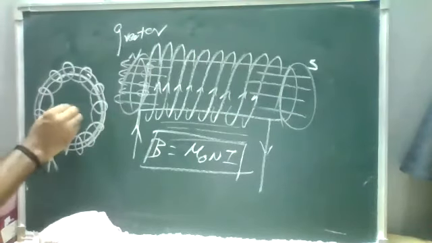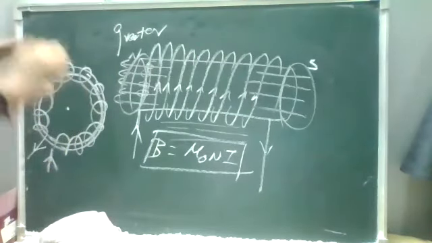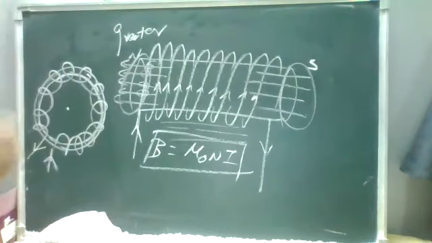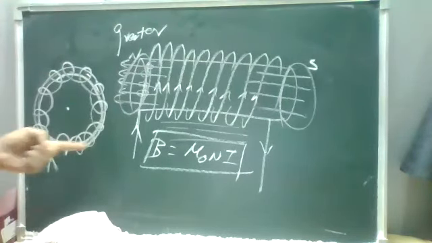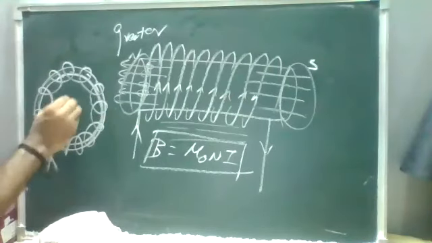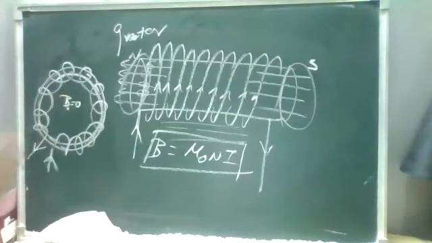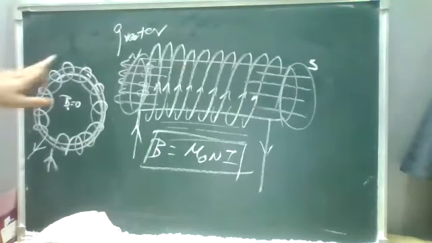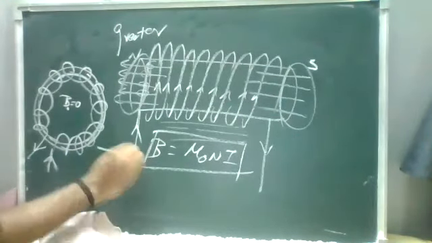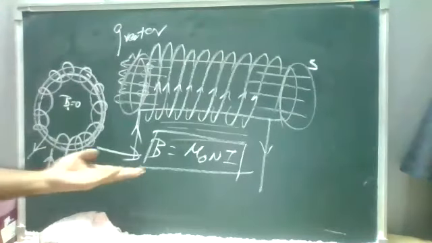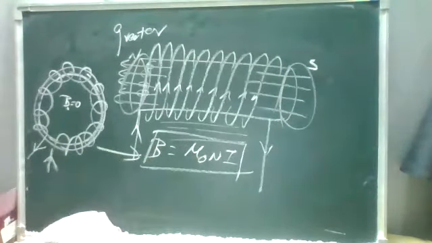At the center, because it is just a hollow circular conductor that I have wound, there is no magnetic field. Only the magnetic field will be within the conductor itself. When you derive it using Ampere circuital law, again it is B is equal to mu naught N I. Solenoid and toroid have the same relation. So just remember this. It is nothing but Ampere circuital law.